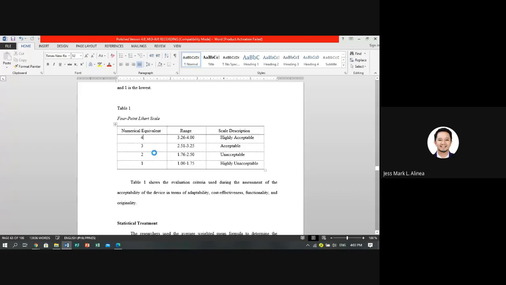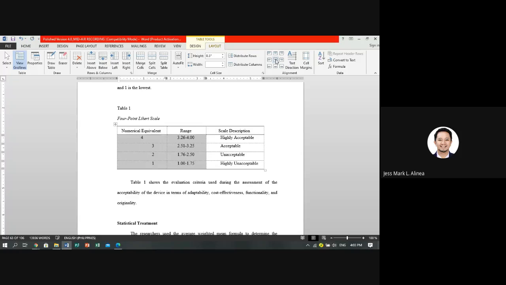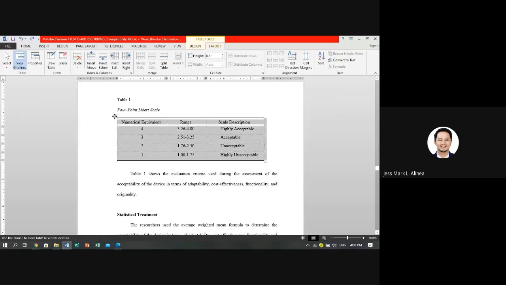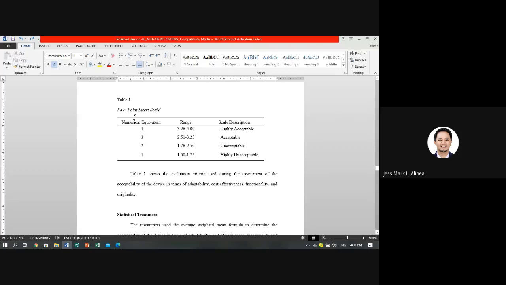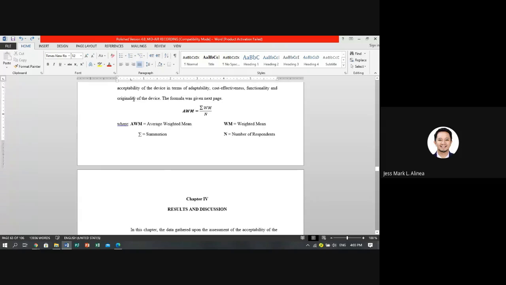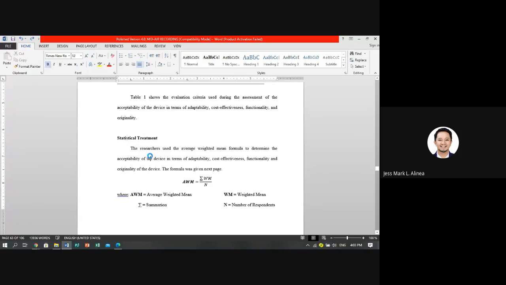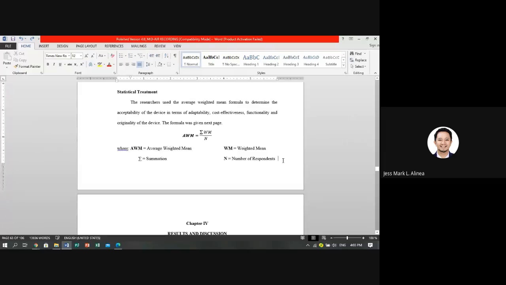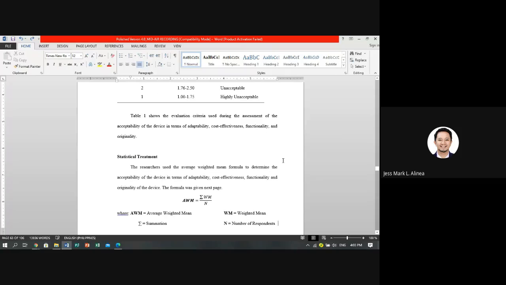So we have this, 4, 3, 2, 1. Ang ginagamit natin sa table ay apat. Pag apat, 3 lang ang guhit. Yan, ganyan ang itsura niya. 3 lang, 1, 2, 3. Walang naka-bold. Basta ganyan lang. Naka-italic size lang yung title. Tapos, the statistical treatment. And that's it. Tapos na. Pwede nang mag-present sa panel.